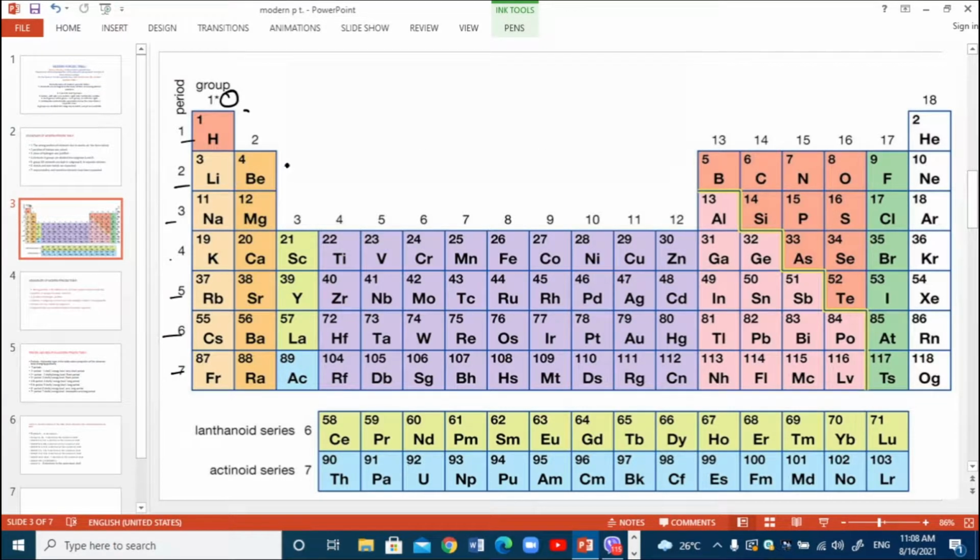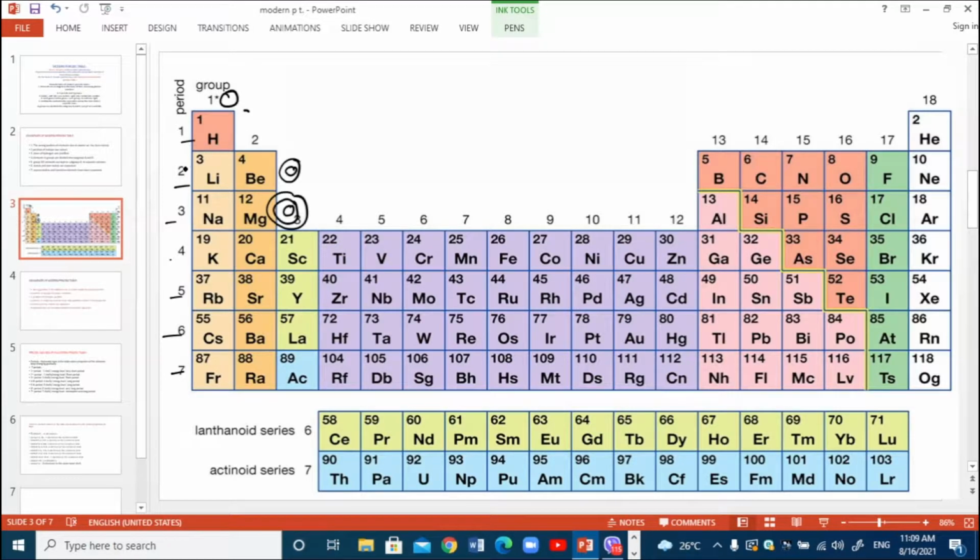Similarly, period 2 elements have 2 cells in their atomic structure. Period 3 elements have 3 cells or orbits or energy levels in their atomic structure. Period 4 elements have 4 cells. Period 5 elements have 5 cells. Period 6 elements have 6 cells. Period 7 elements have 7 cells in their atomic structure. Please remember this. Now you see period 1 is called very short period because there are only 2 elements in